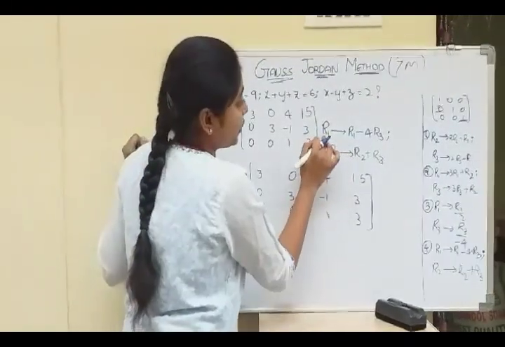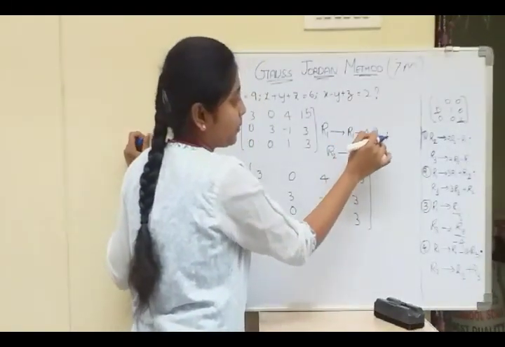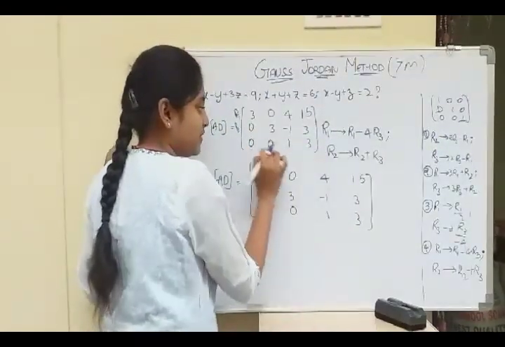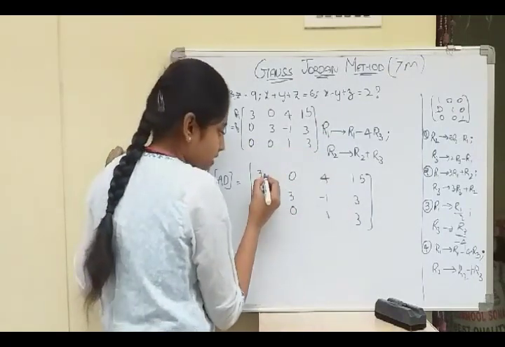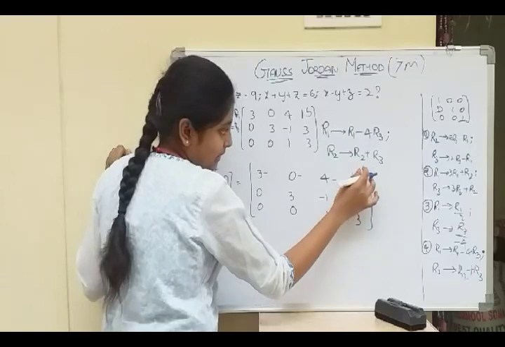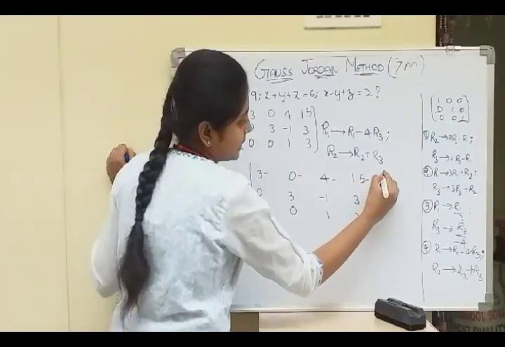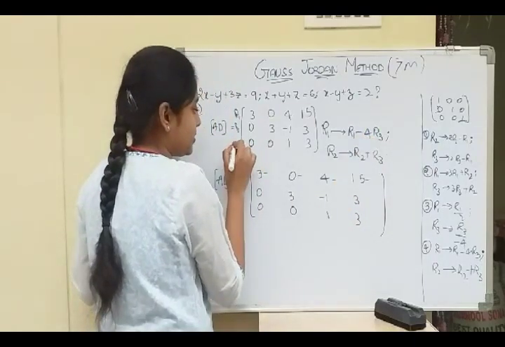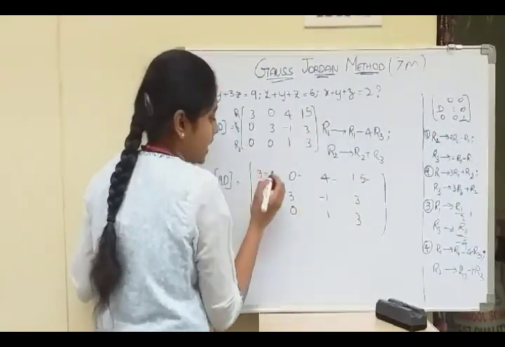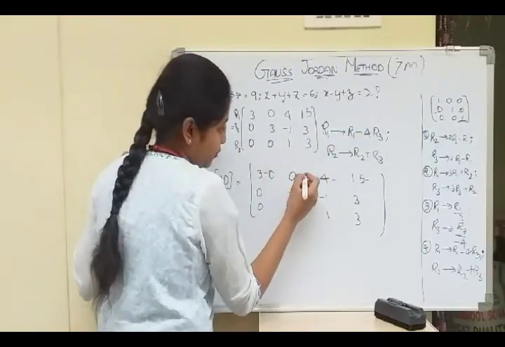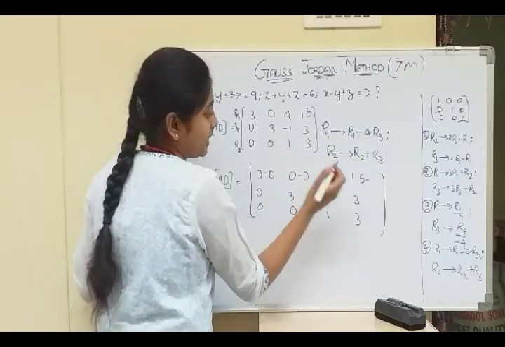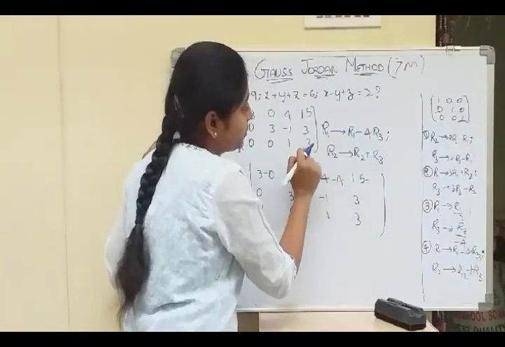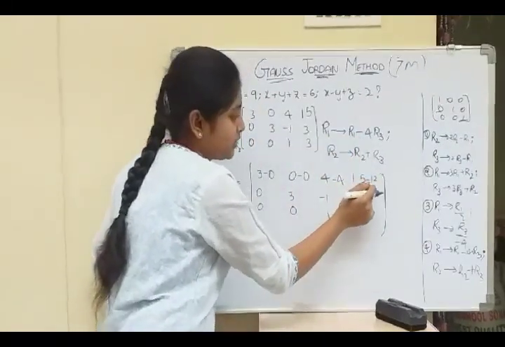Now for row 1 we need to subtract row 3 multiplied by 4. So now we multiply the row 3 elements with 4 and we need to do minus here. So we will put all minus signs here. Minus, minus. Okay. Now 4 into row 3. So 4 into 0 is 0. 4 into 0, again 0. 4 into 1 is 4. 4 into 3 is 12.